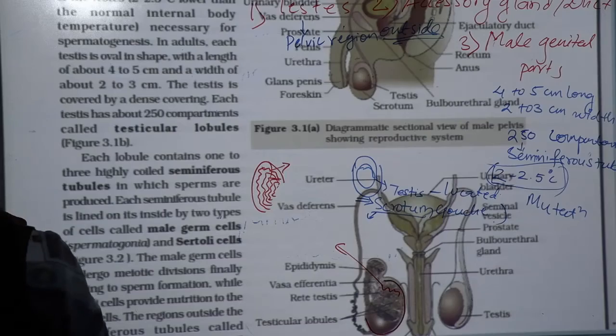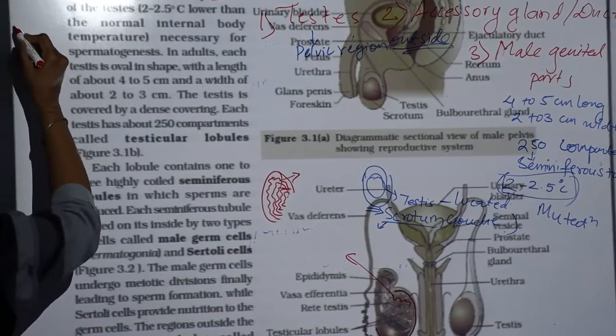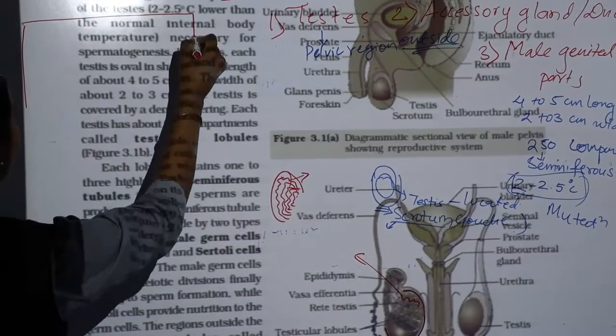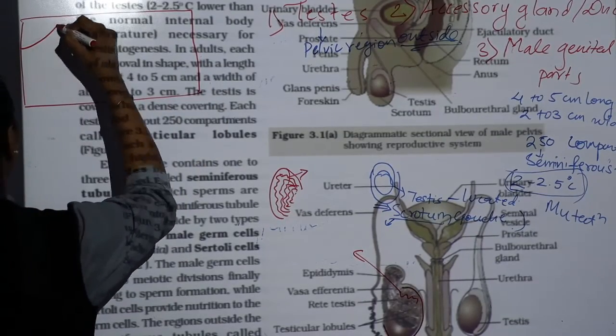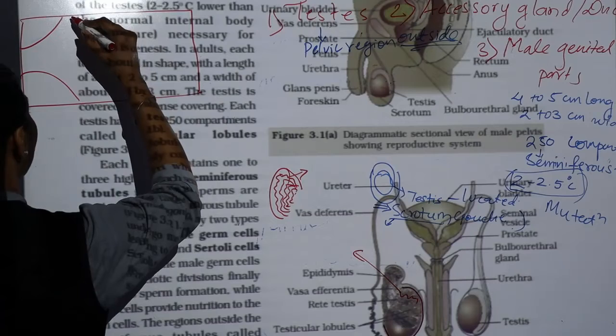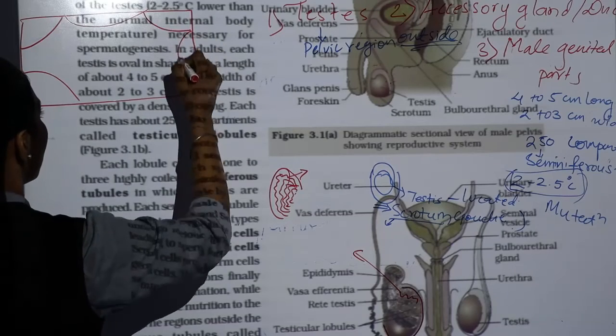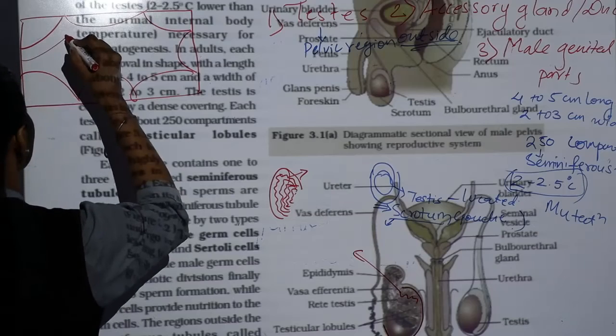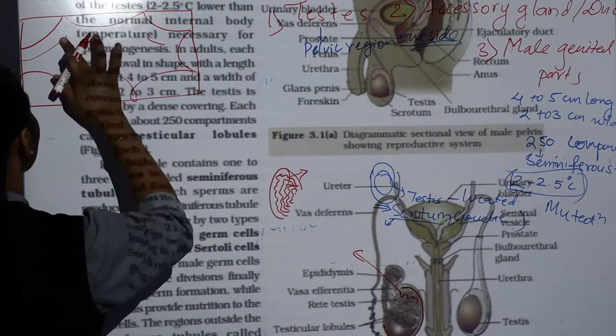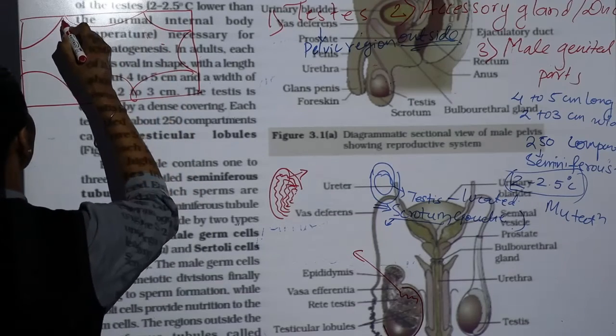See, I am drawing it over here. This is the structure of seminiferous tubules. Okay, only one locule I am taking. Among 250, I am taking only one locule. Okay, this one locule again, it has